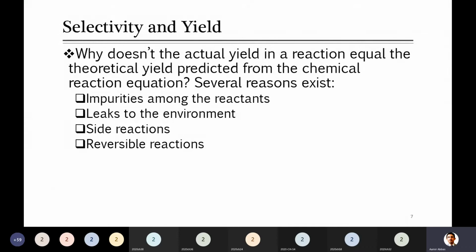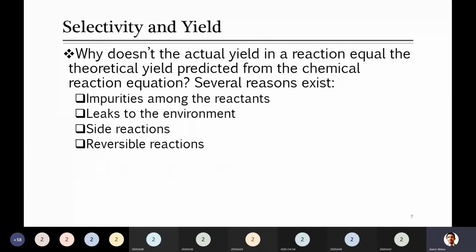So for example, you take 100 moles of ethane, but that is not actually 100. You measured 100, but if it already contains other hydrocarbons, for example methane or propane, then the amount of ethane will be less. So definitely when reactions take place, it will produce less product. Do you agree? Yes, sir.